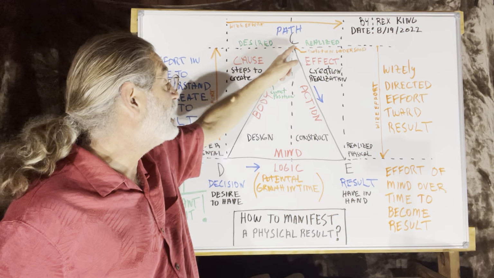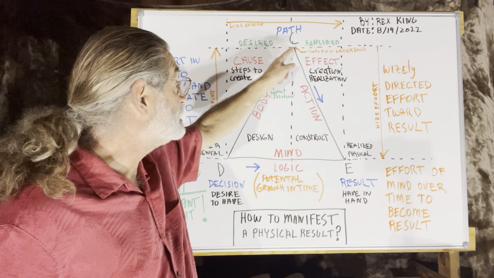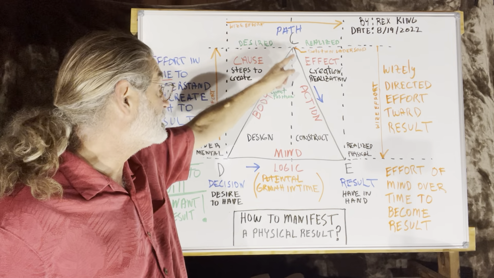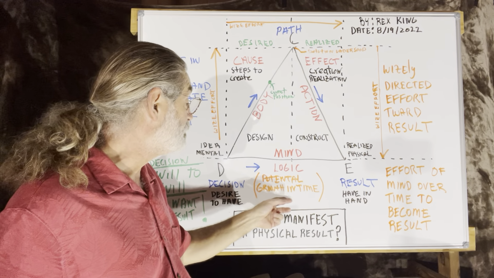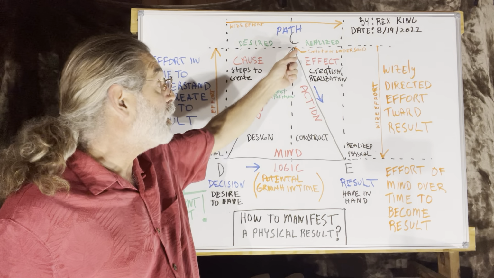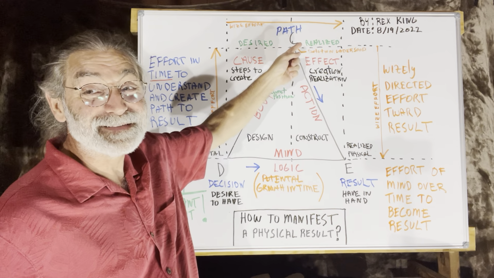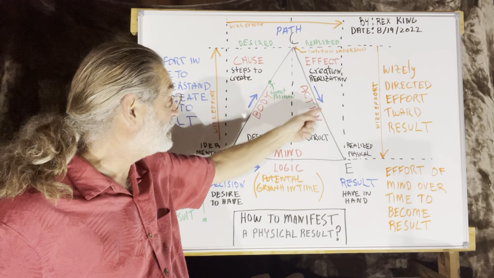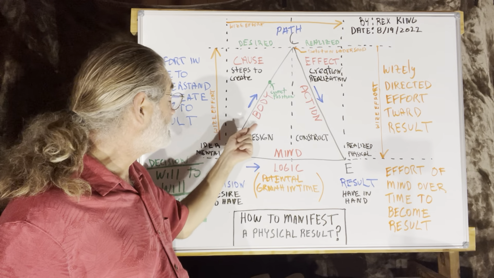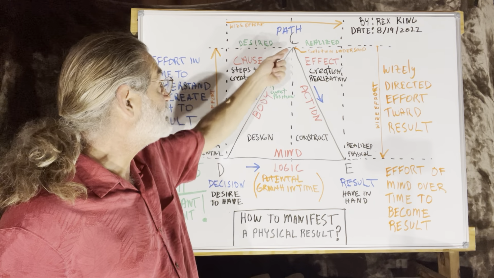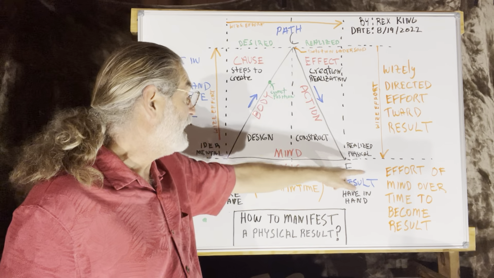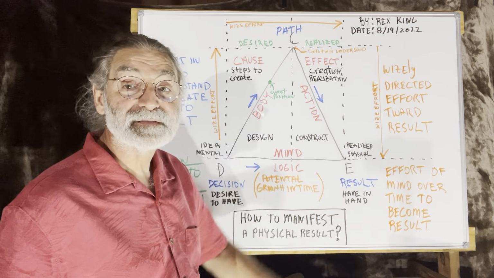you know what it takes to make it realized. But then you still have to put the effort into it to continue, because the potential growth in time, once it's all put together, if you don't get in the car and go to school and start learning, then you're not going to get it. So that's the thing, it's the action. You put the mind and the body to create a situation where action is possible, and you get your realized result.